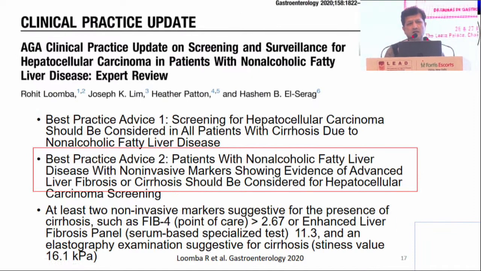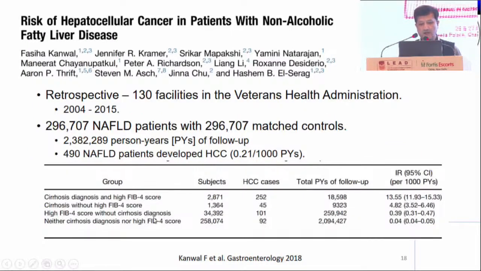The final question is about surveillance, because as I said, these patients come with big tumors, multiple tumors, because they are not under surveillance. So what should you do? HCC is high, and in comparison to those who have low FIB-4, those with high FIB-4,